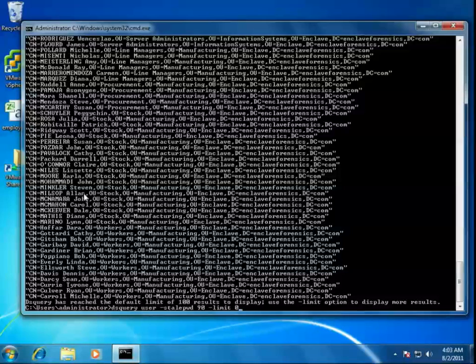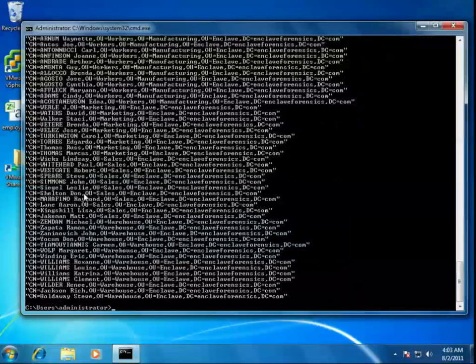Now I'm just going to add the limit 0 because that's typically how we would run it, and I really wouldn't expect to find more than 100 entries, though I could. What kinds of accounts would it be typical to find that the password has not been changed or that the account appears to be stale? Well, I would typically expect to find this on built-in accounts, disabled accounts, the administrator account, and of course, service accounts. How you handle the service account passwords and what the changing requirements are within your environment is of course